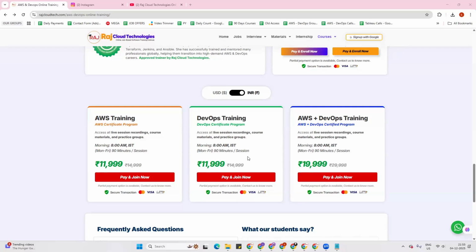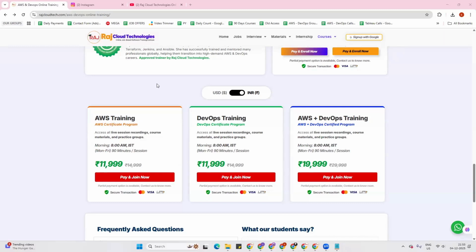There is another candidate as well. Let's say Anil and Sudha are in our batch. Anil is a fresher. Sudha is an experienced candidate with experience in a different domain, not AWS and DevOps. I am going to train Sudha as an experienced candidate, so that after this training she can show 3 to 4 years of experience. That means we train each and every person in the batch as an experienced candidate only.